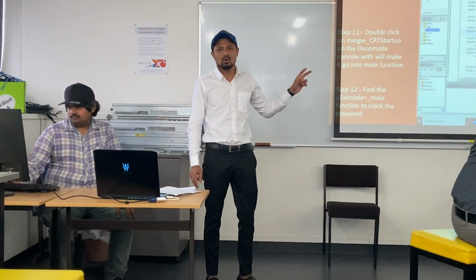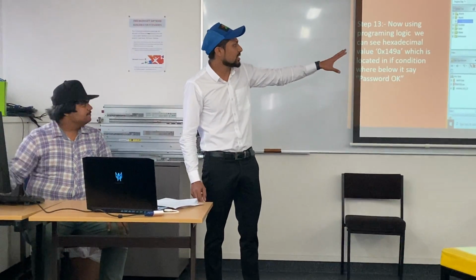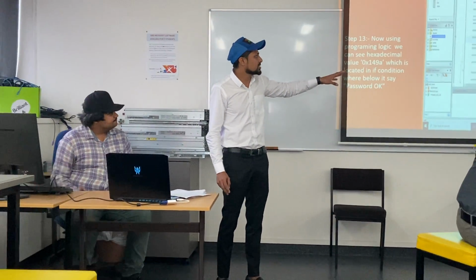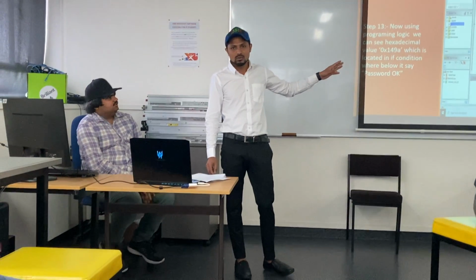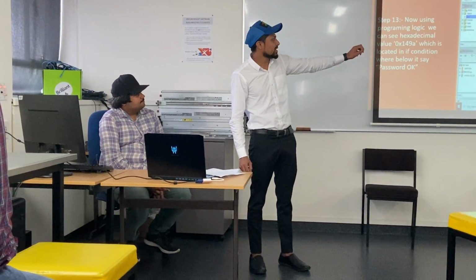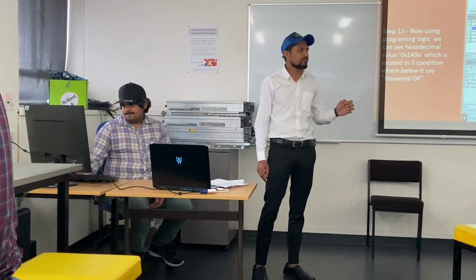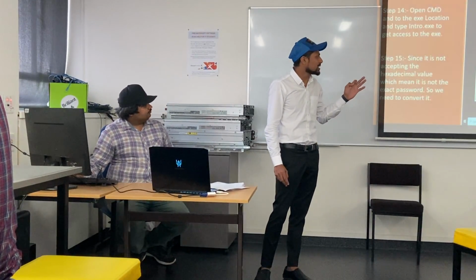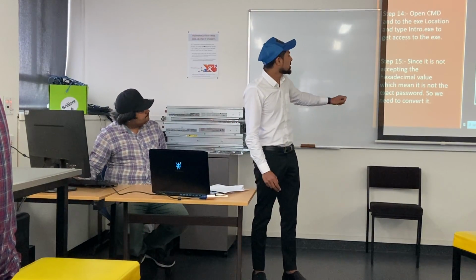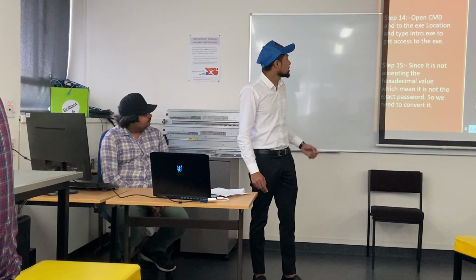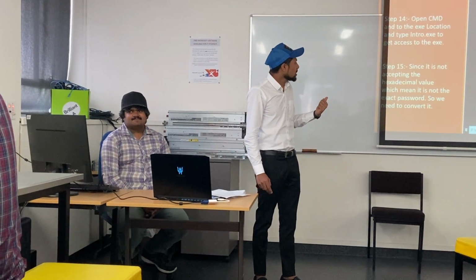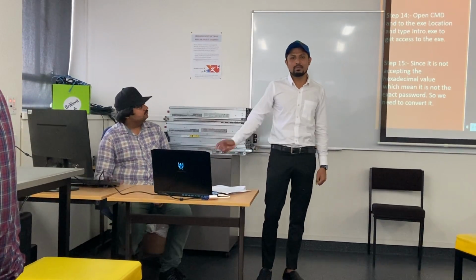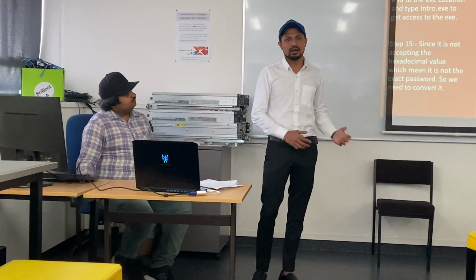There we can see the exit code. When you double click on that, you can find the integer with if and else conditions. There is a decimal number, and an if condition: if the password is right, it will show that the password is okay, and if you write an invalid password, it will show invalid password. This is in the CMD location. Now I will perform the hack, and then my partner will explain what we learned from the hack and the conclusion.